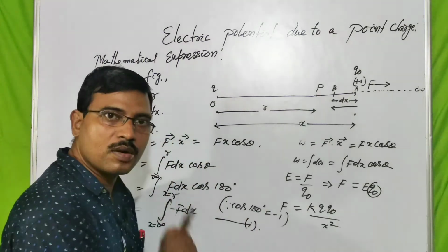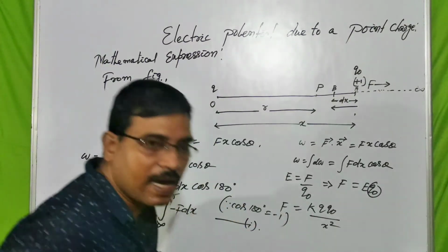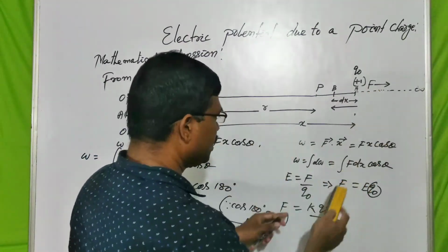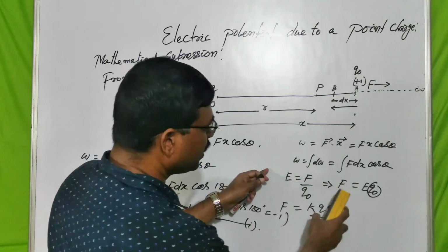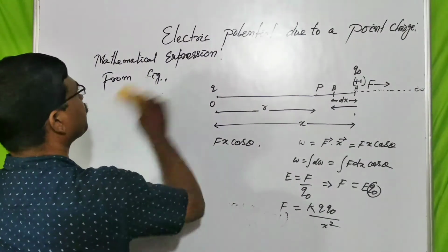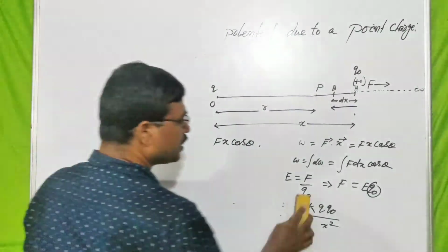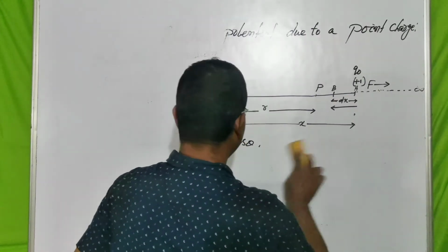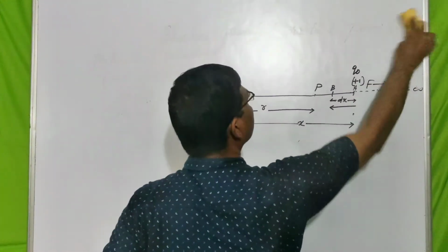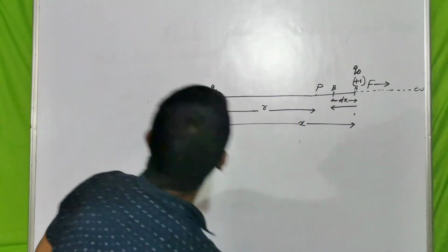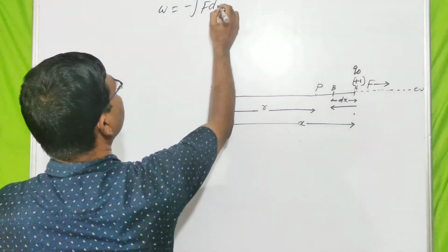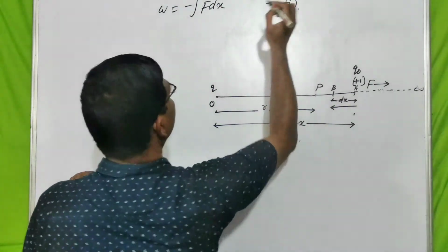Then an important role is coming now. Either you will take the positive charge for this one, or this value from the beginning what I have told. Then come to the point. I am erasing. Everybody has written or not? Okay, thank you. Now follow the figure. Equation is W is equal to integration of minus F dx. Suppose this is equation 1.